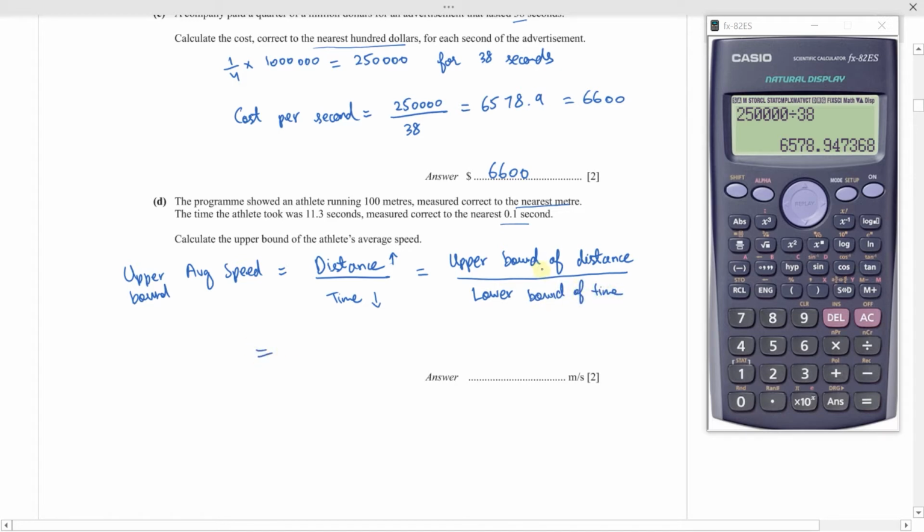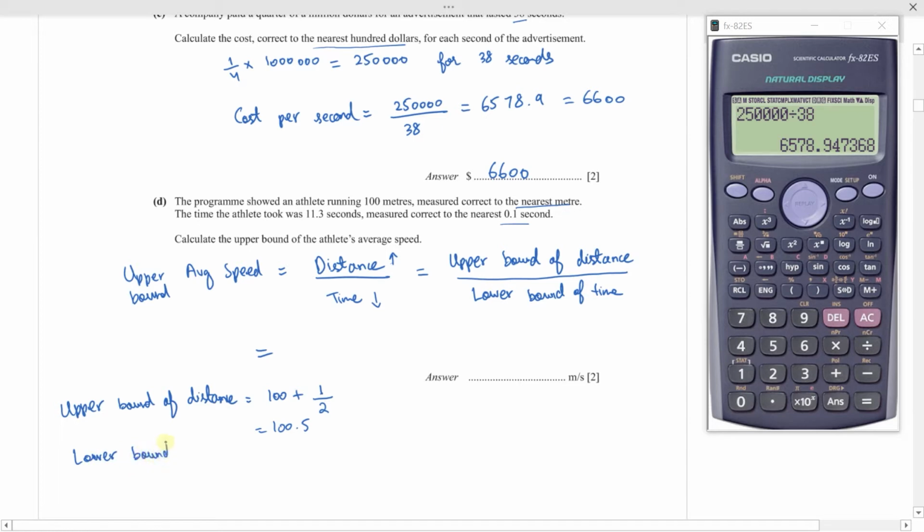So now upper bound of distance is, let's first calculate these here as well. Upper bound of distance will be the value plus the error, and the error is the degree of accuracy divided by 2. So 100 plus the error, and your degree of accuracy is 1 meter, and you divide your degree of accuracy by 2 to get the error. So your upper bound of distance is 100.5, and then your lower bound of time,